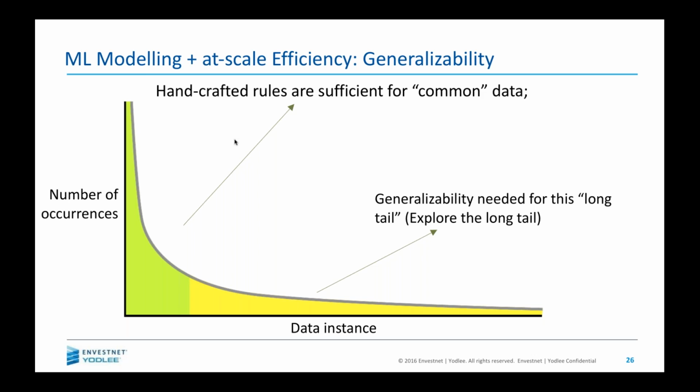Handcrafted rules are good enough for the top head, or what you see in the green here. And so a lot of the times we fall into the trap of having a system that works really well for these top head data instances. We declare victory, but when it goes in the hands of an end user, the end user more often than not would be in the long tail, or elements of the end user would be in the long tail,